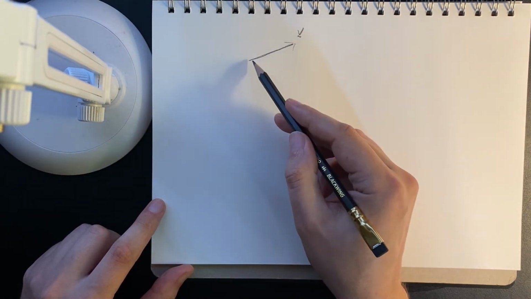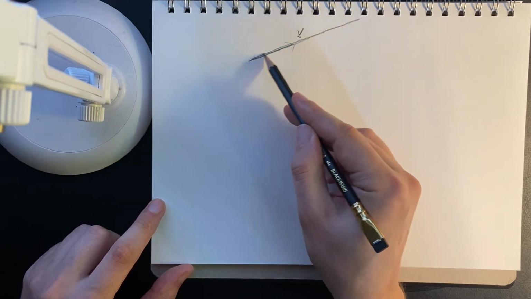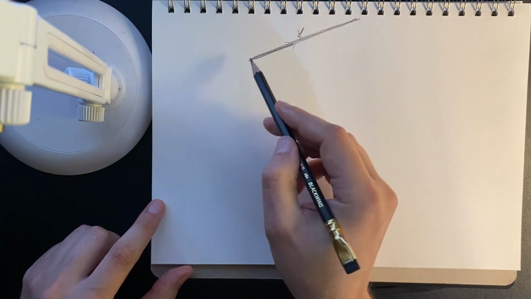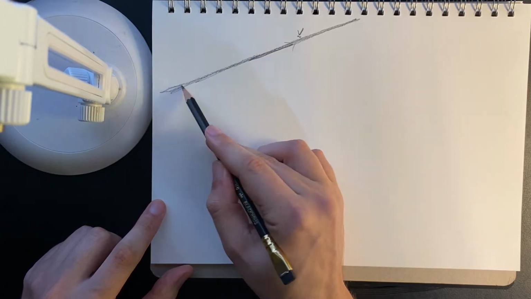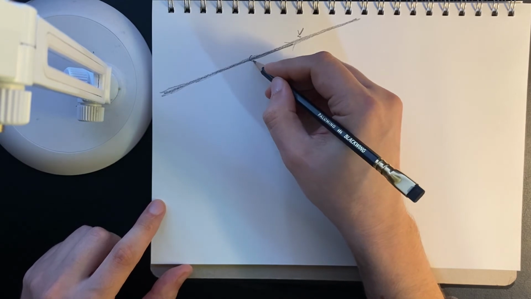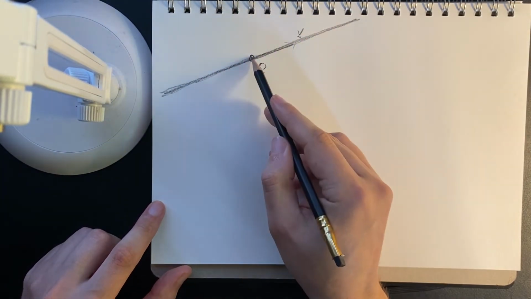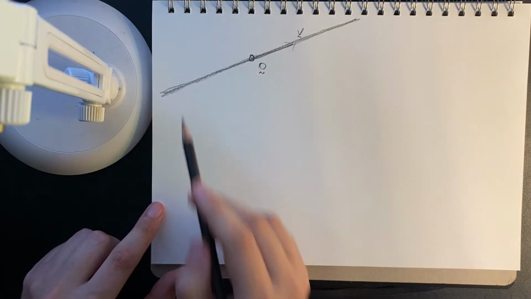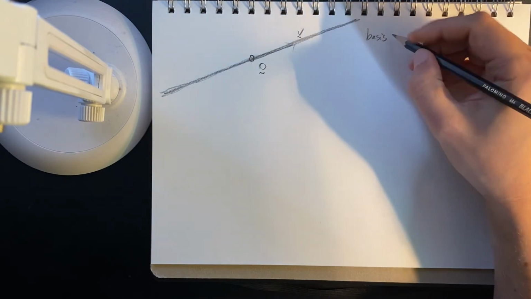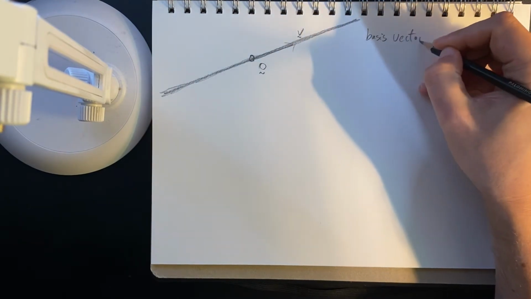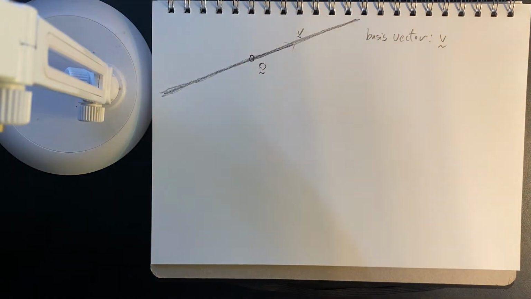Well, this means we can stretch it out as far as we want, and bring it back to the origin and stretch it with a negative component. So there we have it. Let's call this our origin, because 0 times the vector will be through the origin, and this is an infinite line. So what we have is basis vector V, and then we have